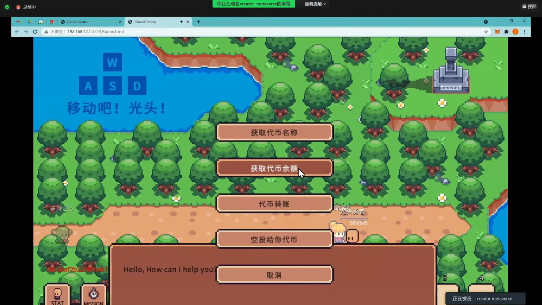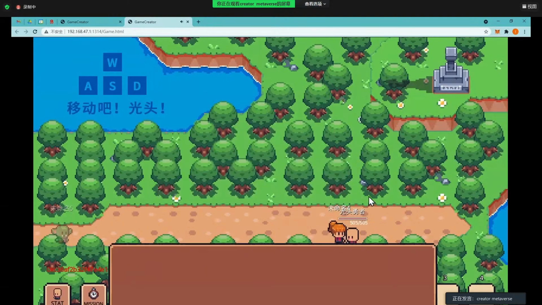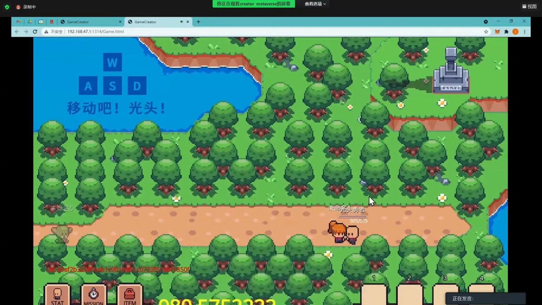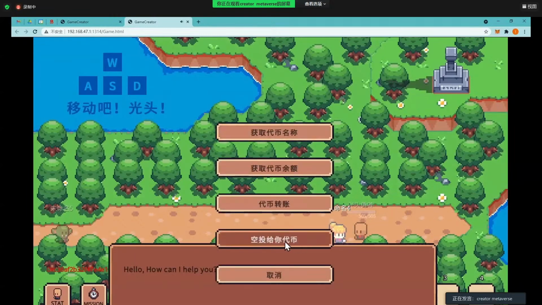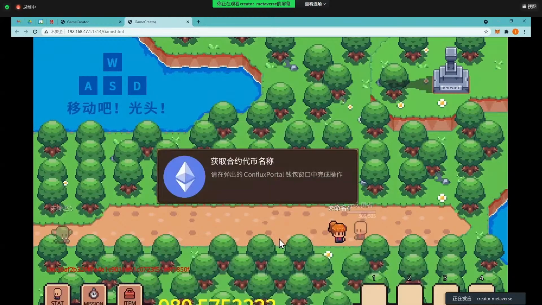And we check the token balance again. All right, there are 15 tokens being transferred out. And let's see the fourth option, which is airdrop, the favorite feature I like.